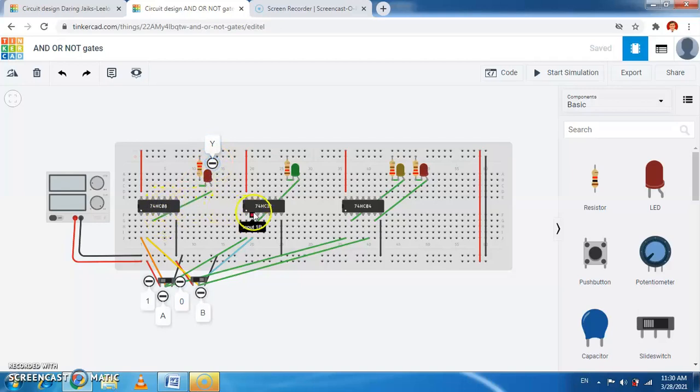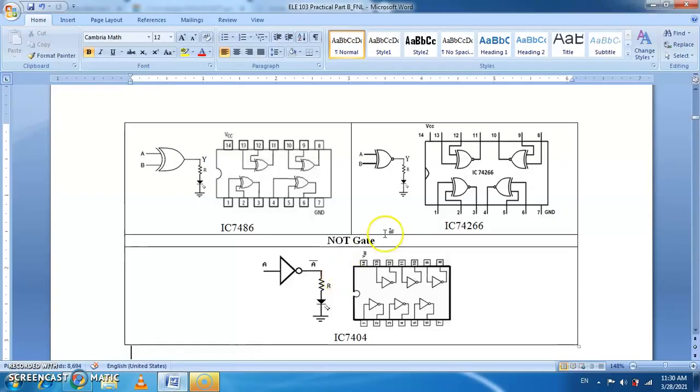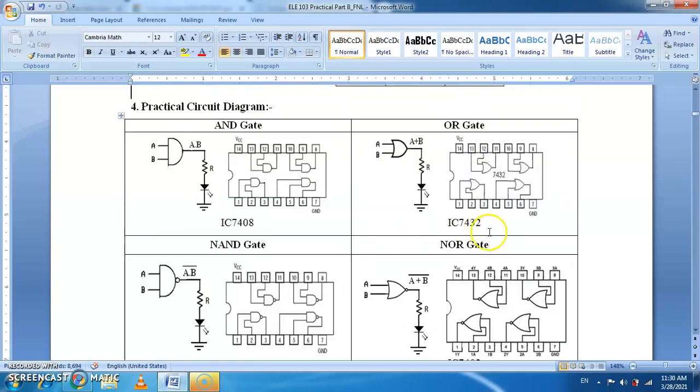And similarly we consider the 7432, which is again a 2 input OR gate. So this 7432 consists of the 4 OR gates.